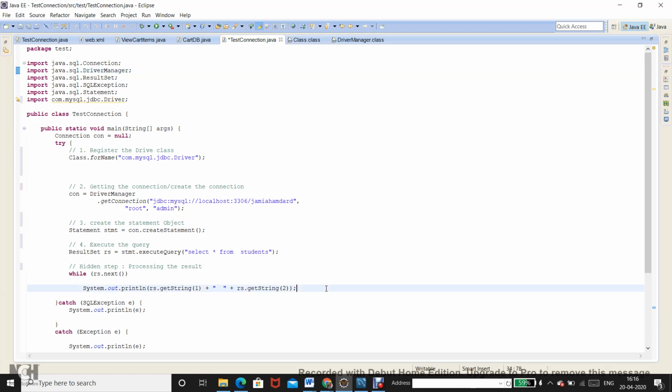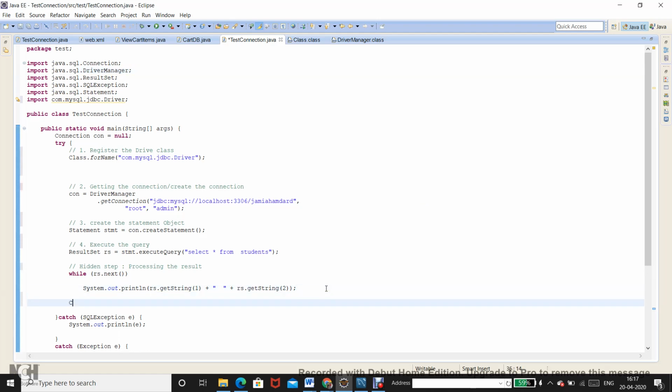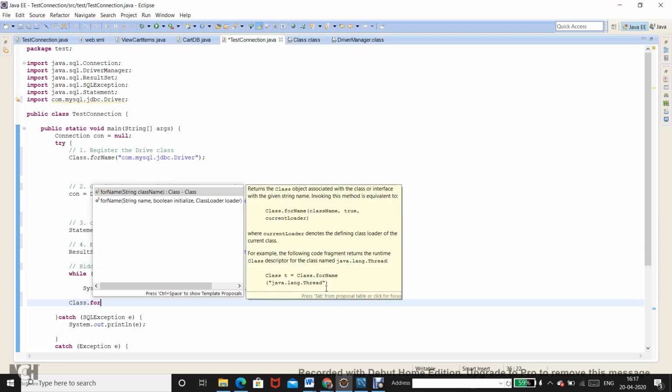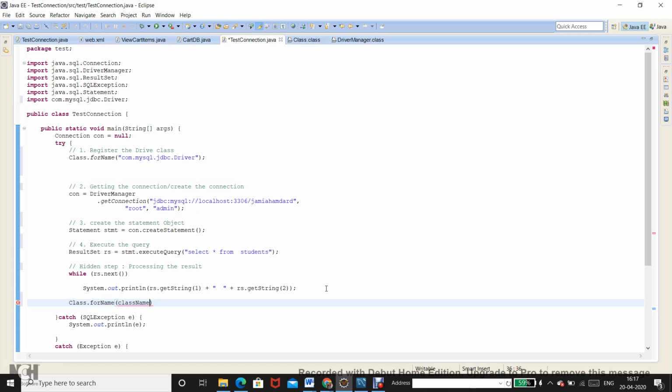in the next attempt, even in the same code, if I do something like class dot forName, and then provide under double quotes, I'm just writing the syntax, the fully qualified name of the driver class for the Oracle database, right?